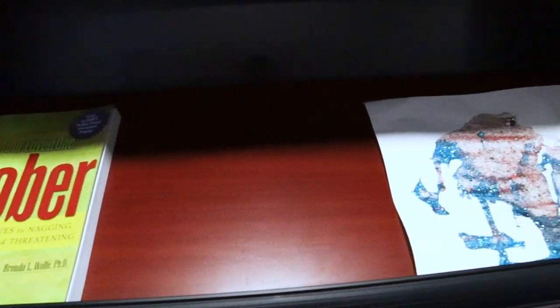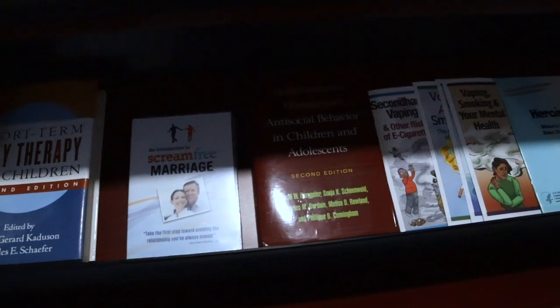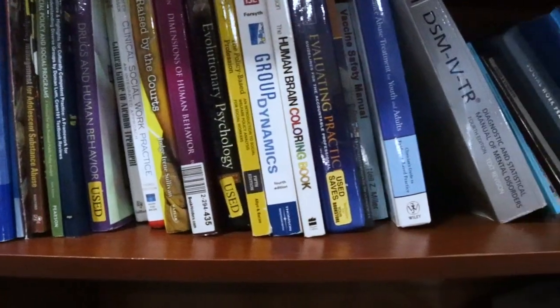One of the other things that you'll notice is our bookcases. Both sides are filled with books. They're for your benefit. You can use them if you want to use them. They're usually previous trainings that we've attended or books from school that we've done. And so there are some